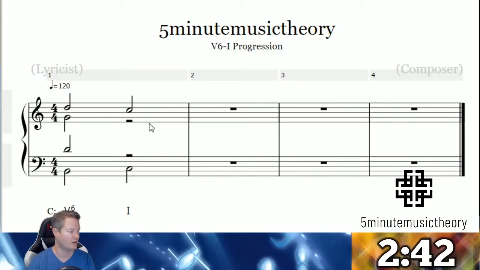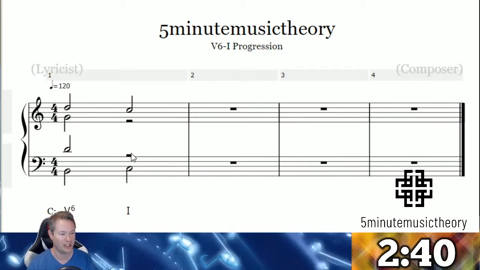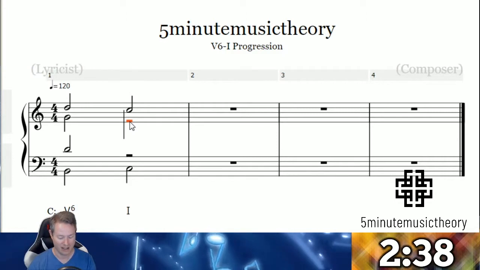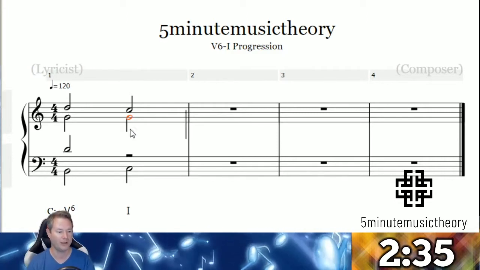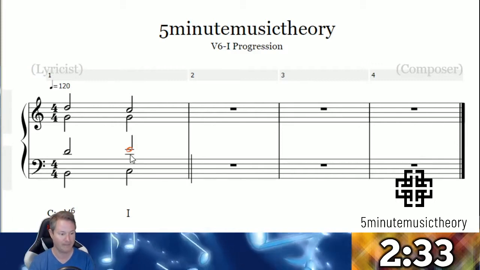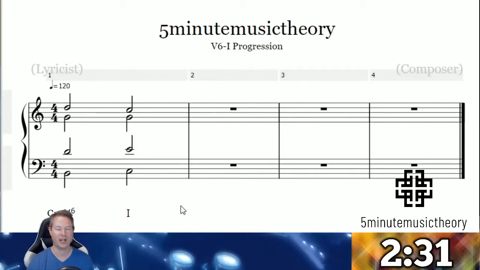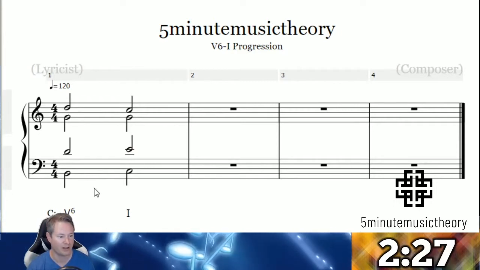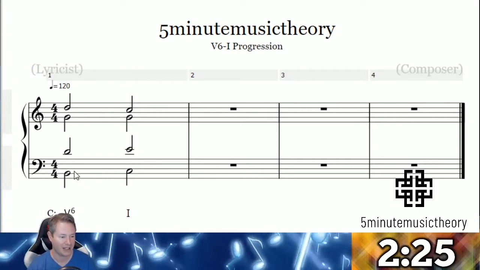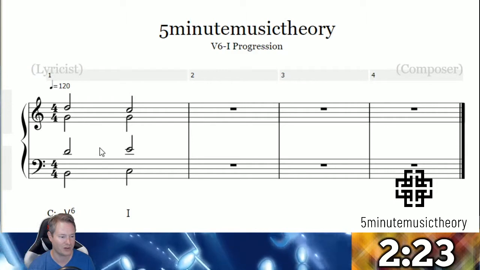We have our doubled root already, C to C. So we need a G and we need an E. What do you know? G is a common tone between these. Keep it common, and what's left is E, which works there. Let's check for our forbidden parallels. There are none. The only parallel motion that we have is happening here in the bass to the tenor.